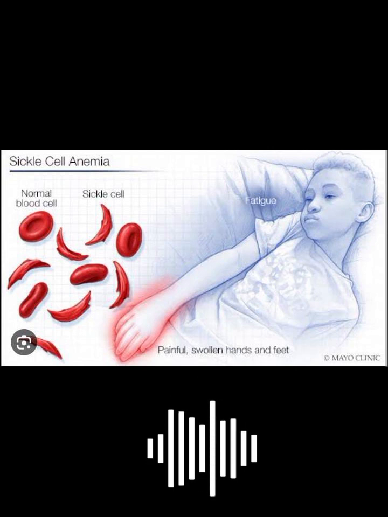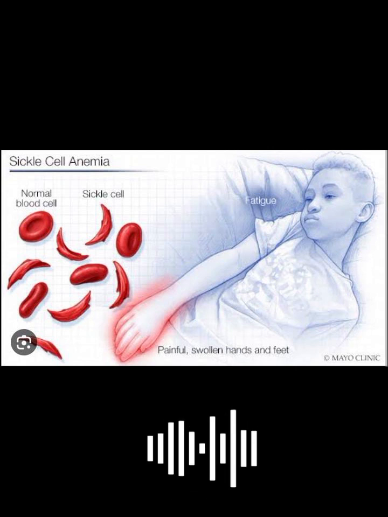The sickle cell, or sickle-shaped red cell, dies sooner than normal-shaped cells. A normal red blood cell stays in the circulation for 120 days. Red blood cells in patients with sickle cell anemia stay in circulation for only 20 to 40 days. Without enough red cells, the individual will not have enough hemoglobin. Someone who does not have enough hemoglobin is anemic. People with sickle cell anemia are prone to chronic anemia. When we say chronic anemia, this is a long-term disease that is in you. So it is a long-term